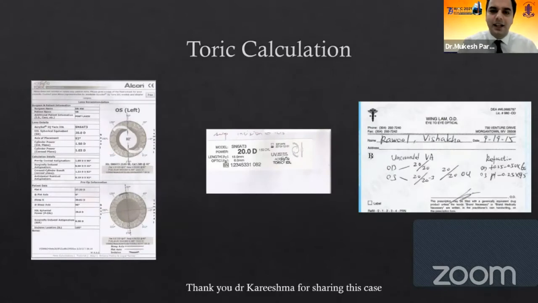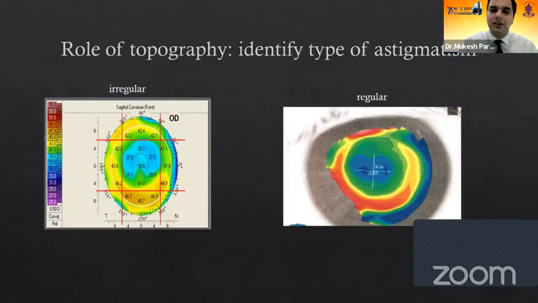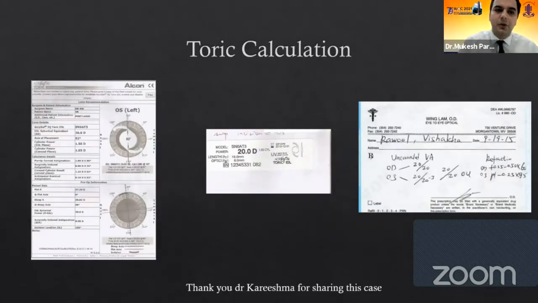This was a case which was shared by Dr. Karishma. She did similarly. The image that you can see on the right-hand side is the patient with regular astigmatism, for which a toric IOL was planned, and the patient had a pretty good outcome, with 0.25 cylinder remaining. So careful selection of the patient is most important, and above that is counseling the patient that we are attempting to make it close to emmetropia, but there are always chances that some residual error might remain.